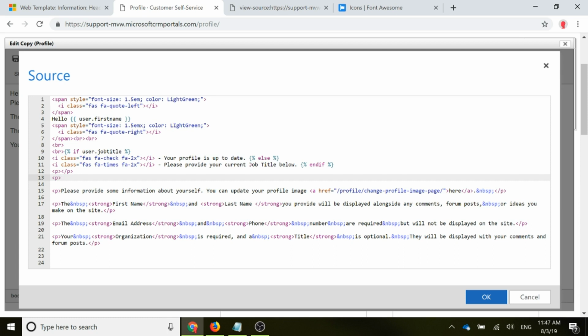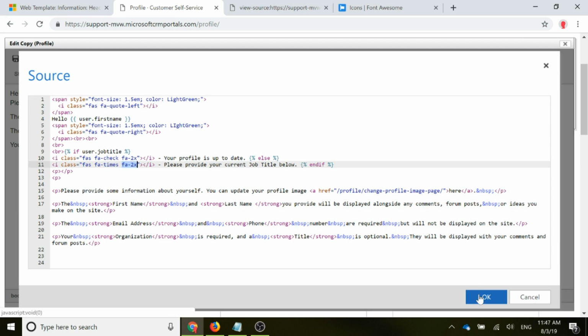If there is, what we're going to do is use another Font Awesome icon, and that's going to be the check, which is like a tick mark or a check mark, and then say your profile is up to date. Else, or otherwise, if not, we are going to use one that is basically an X. This is a times or a cross, and we're going to say please provide your current job title below. So obviously you could use that for whatever you wanted to say you need to update it, and then we are setting it to use 2X. So I'm going to go ahead and click OK,